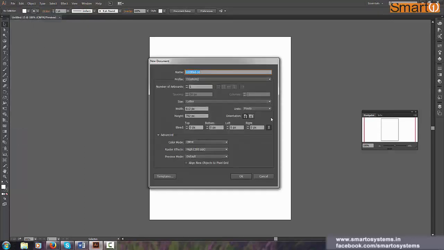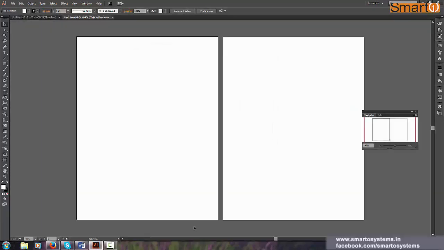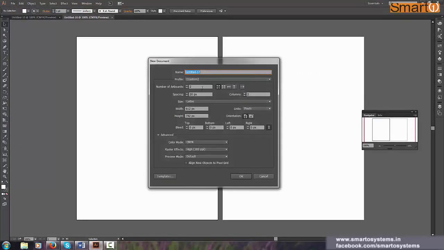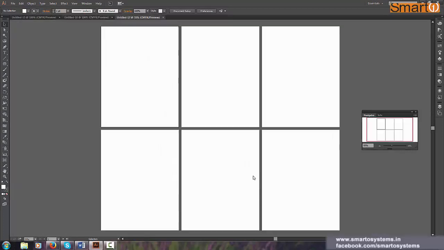Let's jump into it again, and see what will happen if I say I want two artboards. So I just change the value to 2 and click on OK. There we go, I have two artboards now. How can it be useful? In a similar way, I can have 6 artboards at a time, and now I can arrange the spacing. The spacing is how much space you want between artboards, and columns is how many columns you want. So let's say we'll have 3 columns. You can see we have 3 columns right now and 20 pixels of space between them, or 20 points.